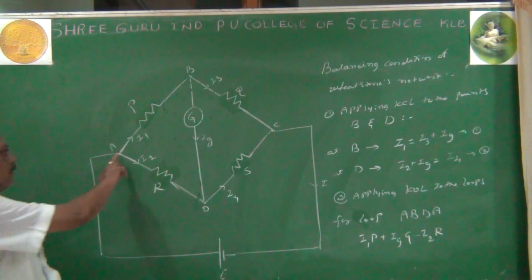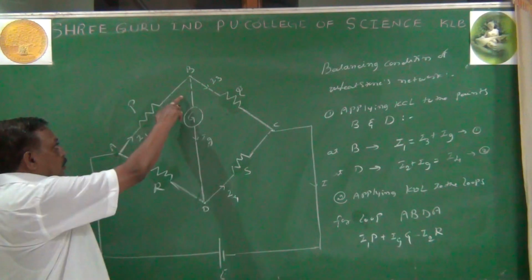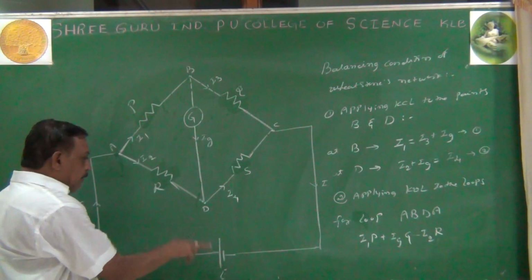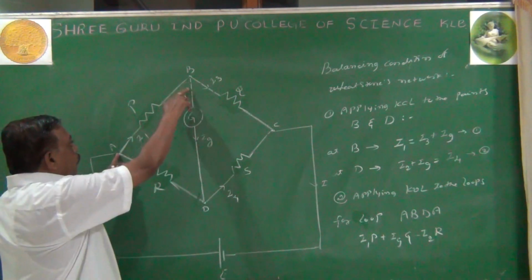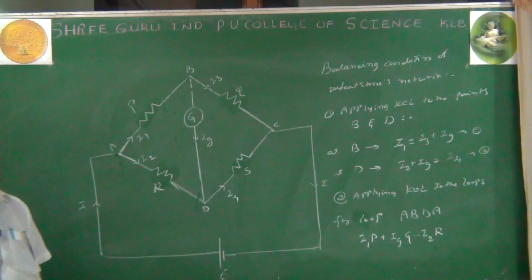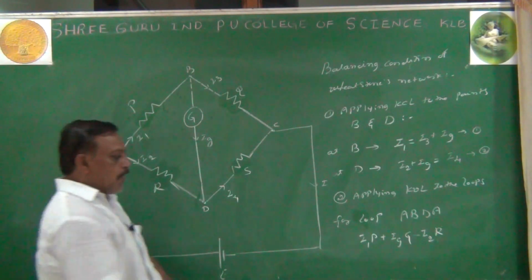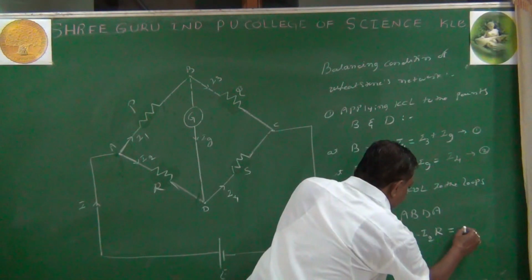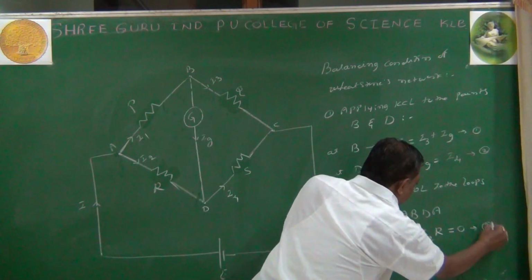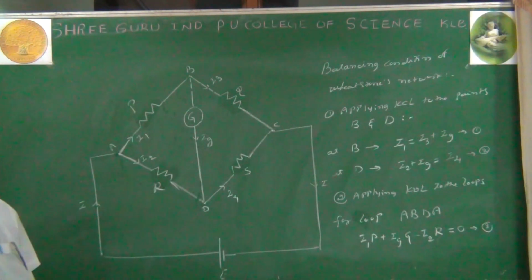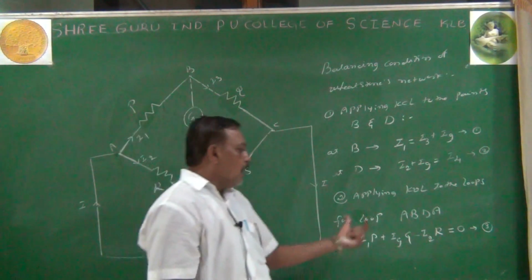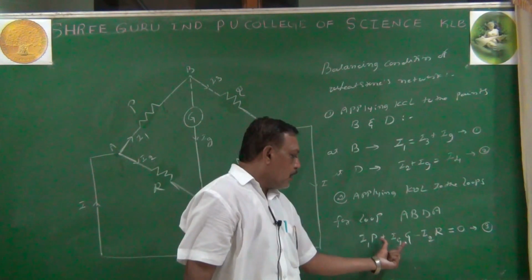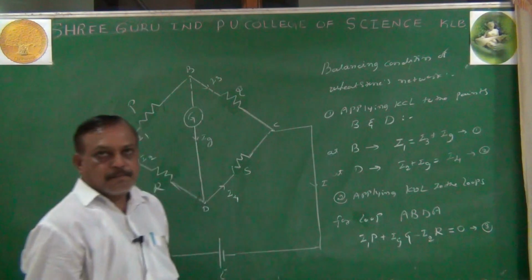Now, do you find any EMF here in this path? No battery connection, no EMF. Battery is connected here. It is supplying the current, but there will be no inclusion of what? The EMF in this loop. Hence, no EMF. The sum of IR product equals the sum of EMF. No EMF, 0. I call this equation number 3. Is it clear? Now, this is the main point for the derivation. You can apply KCL easily, but while applying KVL, we have to take the sign convention and go for Coulomb. Is it clear?